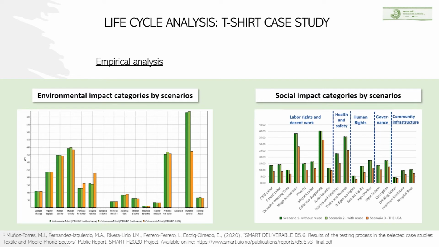We also can explore the difference between scenarios. We can observe that the difference in terms of the impacts by product in the scenario 1 and 2 are not substantial, since the majority of the impacts are originated in the first phases of the life cycle, and these phases are common for both scenarios. The differences in water resource depletion between scenarios 1-2 versus scenario 3 are due to the different agricultural techniques employed